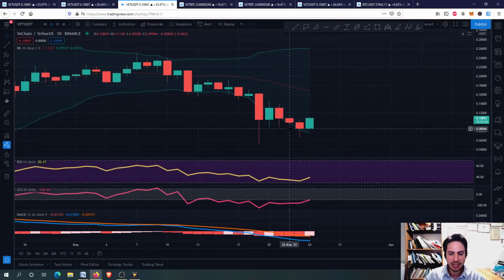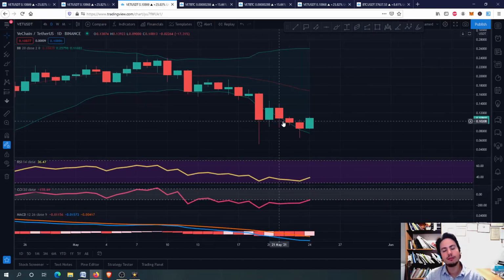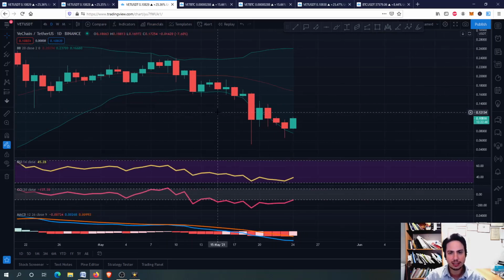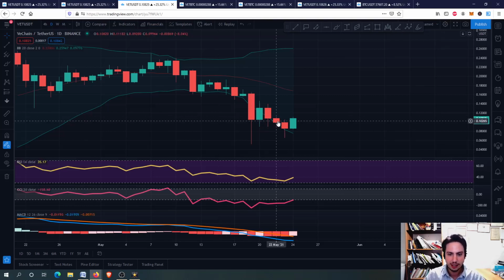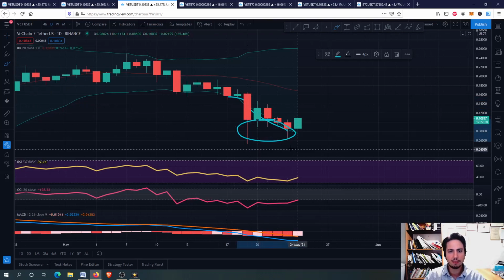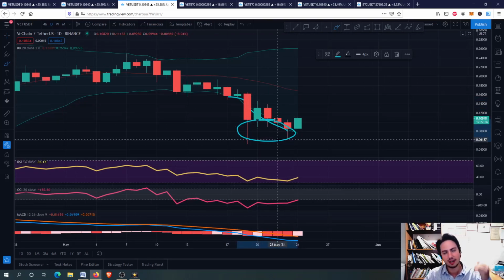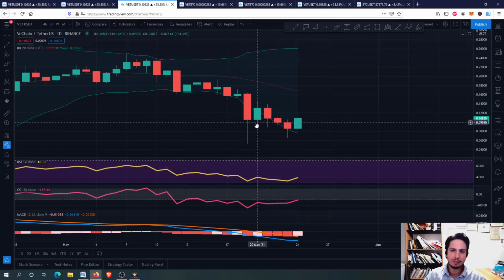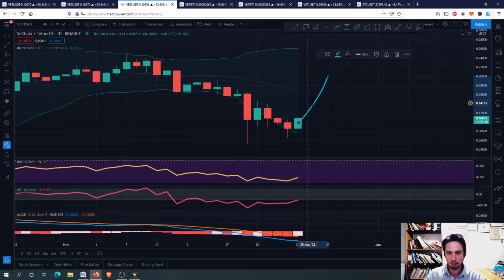Let's go now to say what I believe when we do this on the Bollinger Bands. These are the Bollinger Bands. They show us the volatility. They measure up the volatility. When we extend the bottom line of the Bollinger Band, we usually have a buying opportunity. That's what I'm always talking about. However, when we are having a very bearish run, this is not the case. In all of the other cases, yes, this is the case, guys. When you see that in a normal market, this is a great buying opportunity for the midterm. So right now, what we want to see is if we can go to the middle of the Bollinger Bands again and have a push up to the price action.